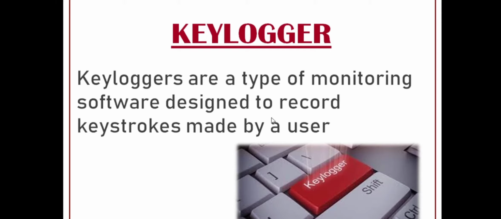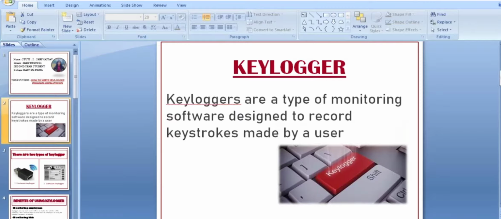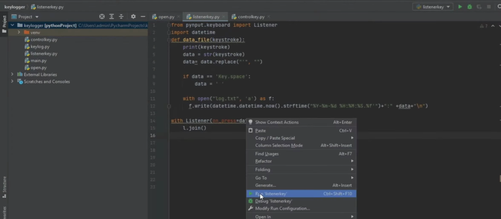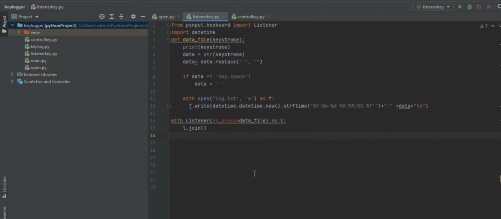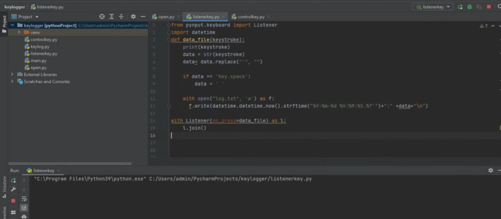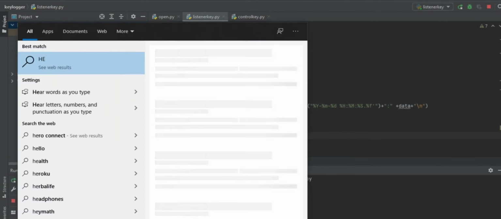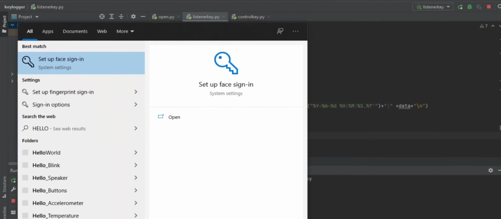For example, I'll show an example. So this is my keylogger program. When I run this, and if I'm typing anything over here, suppose I write hello world.